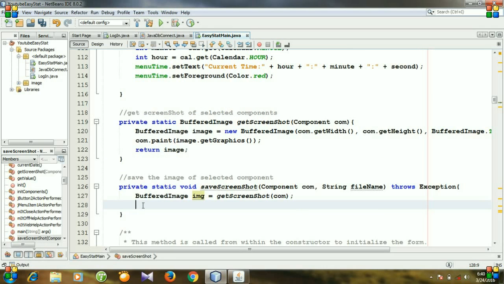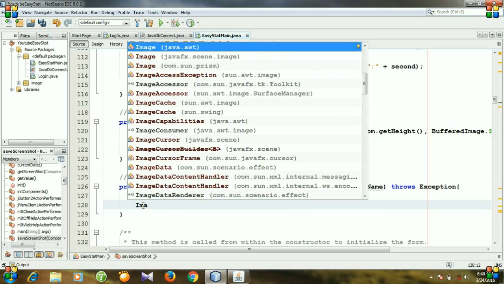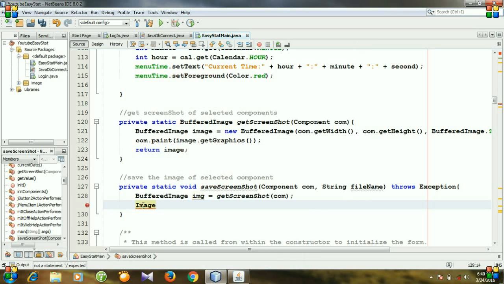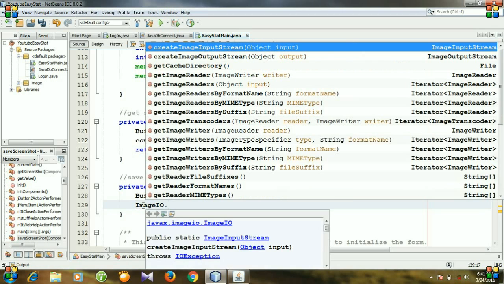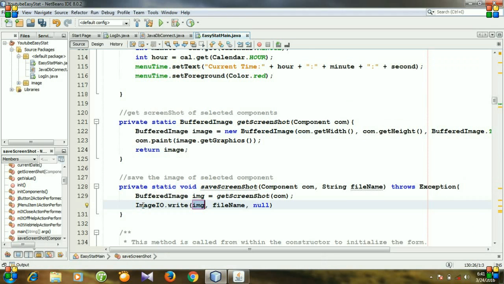For saving the image we need to write ImageIO.write, image, and then the format will be png, and we need to specify a file name, and I am creating a new File, and the file name will be the name of our image.